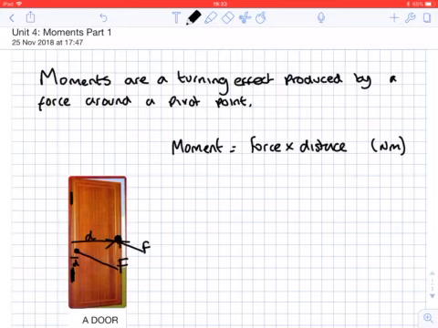So if you want to try this at home, try pushing your front door open at the handle with a finger, then try pushing it open with your finger really close to the hinge, moving your finger in slowly by say 5 centimetre distances towards the hinge. You'll find it becomes almost impossible as you get closer to the hinge. So essentially what we've got then is moment is a force times a distance from a pivot point or fixed point. Okay, and the force in this case is at right angles to the